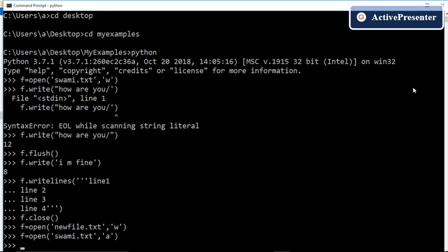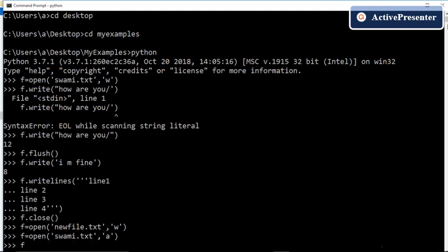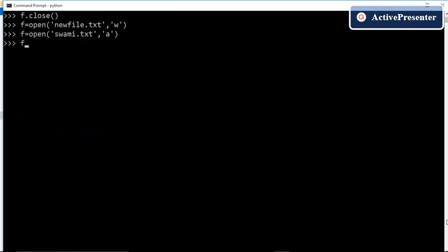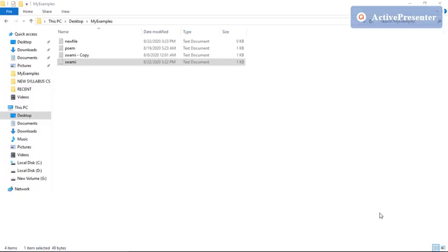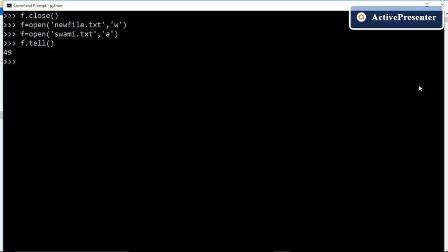For that I am using f.tell. It is displaying 49. Actually a total of 49 characters are there in the file, and it shows that the write pointer is pointing at the end of the file.